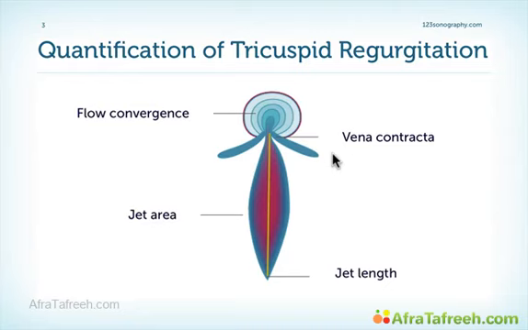But for review purposes, which components do we have? We have the flow conversion zone. We have the vena contracta, which is the area where the jet goes right through the orifice, the regurgitant orifice. Then we have the jet body, which we can describe via its length and via its area. And similar to the way we quantify MR, we also look at the proximal portions of the jet